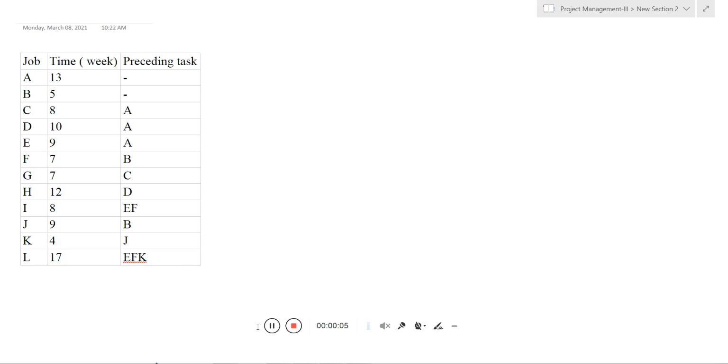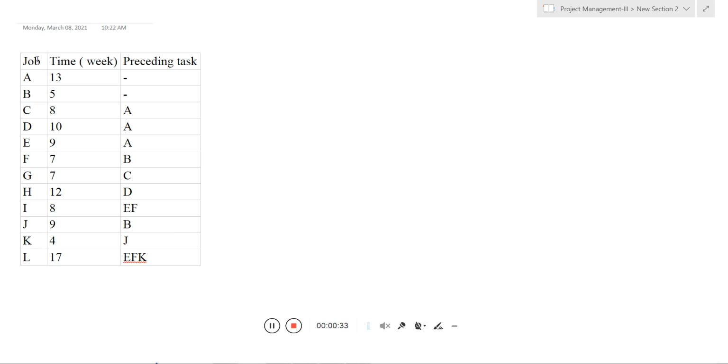Here we try to find out the critical path for this particular project. For one project, there are some activities, A to L, mentioned here, and the respective times are provided. 13, 5, 8, whatever time is needed is provided, as well as the preceding relationships. In the last lecture, they directly mentioned 1 to 3, 1 to 4 like that, so you can easily make